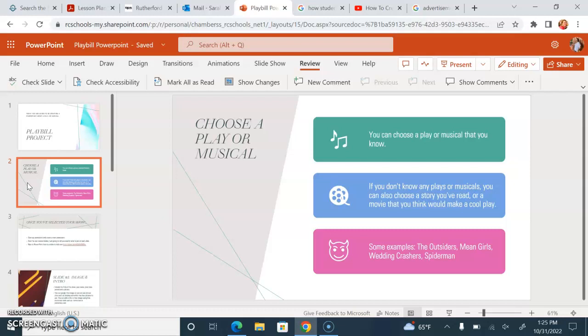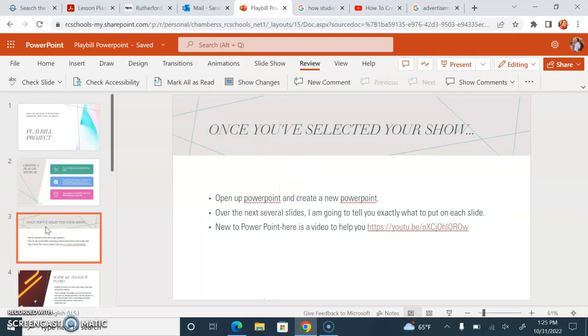Some plays that are already out there are shows like The Outsiders, Mean Girls, and Spider-Man. Wedding Crashers is not out there, but come on, who doesn't want that? We all need a musical for Wedding Crashers. So again, choose your favorite thing. Don't overthink it. Just pick something that you like, that you enjoy, that is school appropriate. Once you've selected your show,